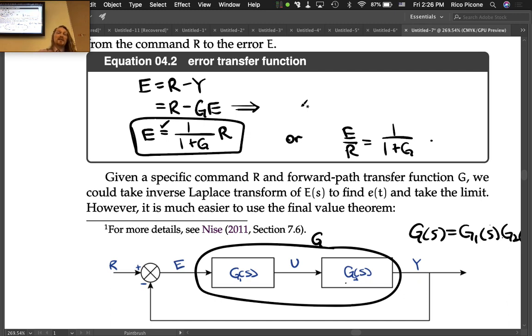You could always plug in, for a specific case you're working with, what R is and what G is, take the inverse Laplace transform, and find the error as a function of time. Pretty cool. So don't overlook that as a possibility. We're going to explore some cases that are going to light a path before us, like a really intense flashlight or headlamp